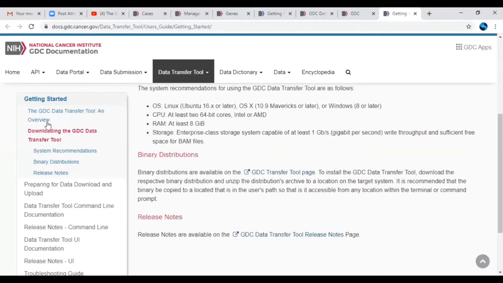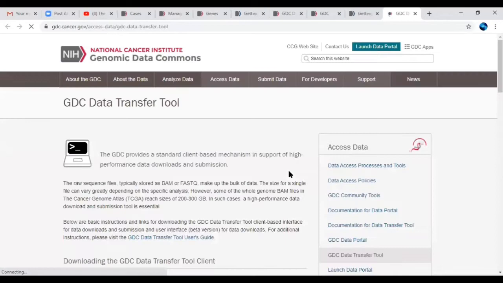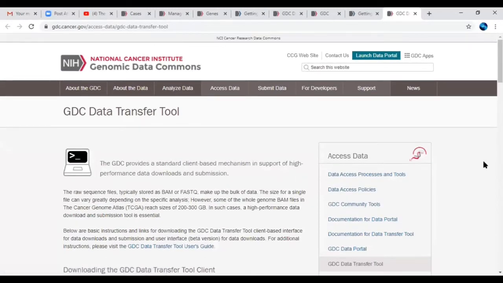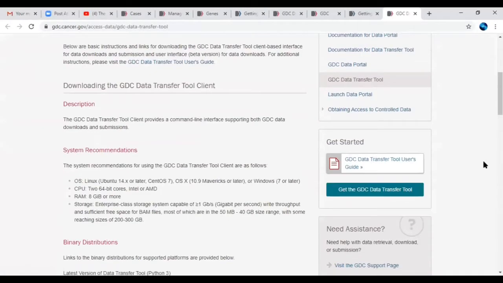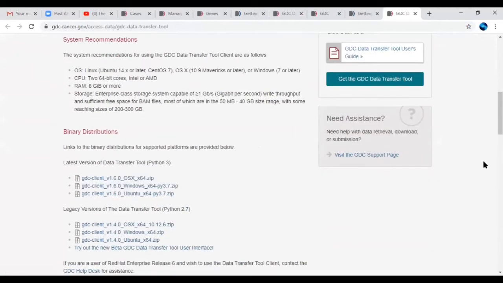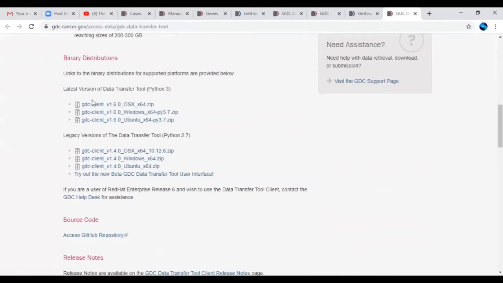And we can get this particular tool by going to this particular page, that is the GDC transfer tool page. When you click on this page, you will get the data transfer tool. From here you can download.